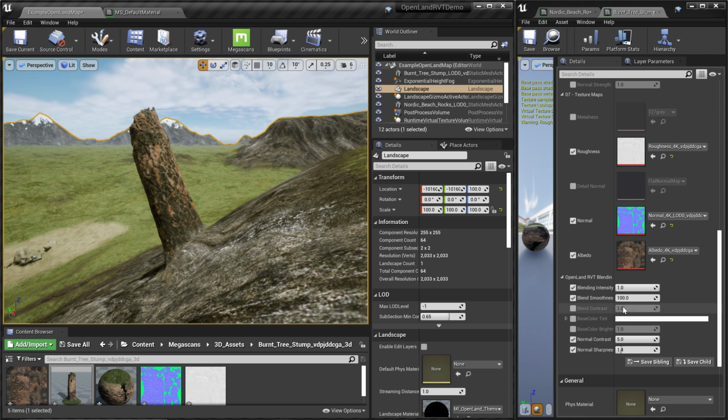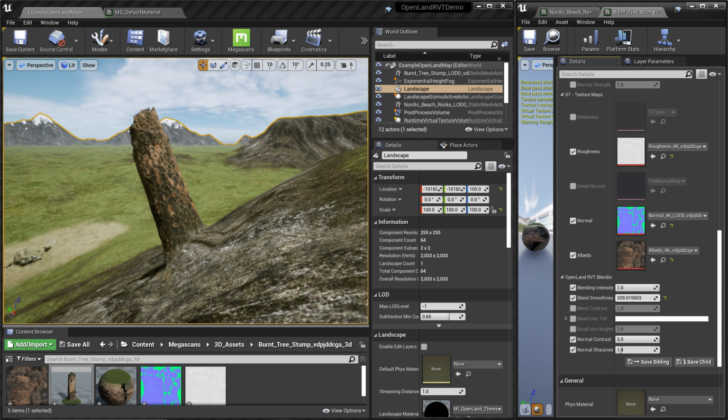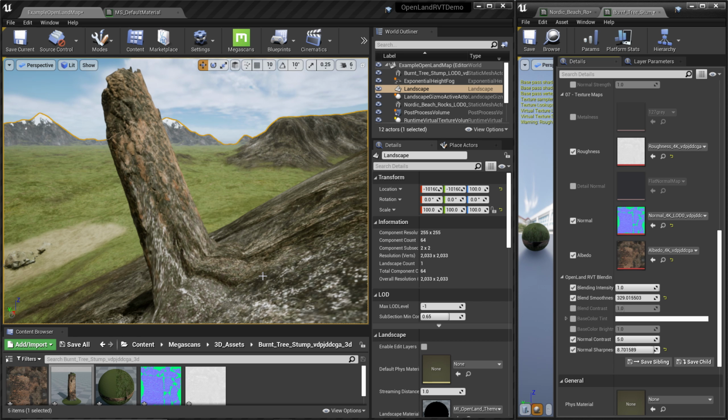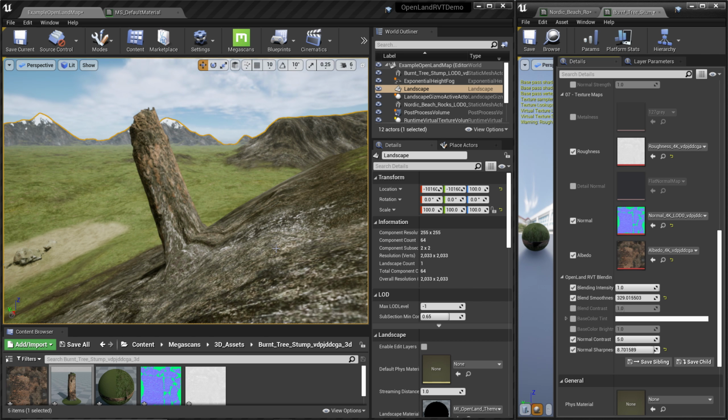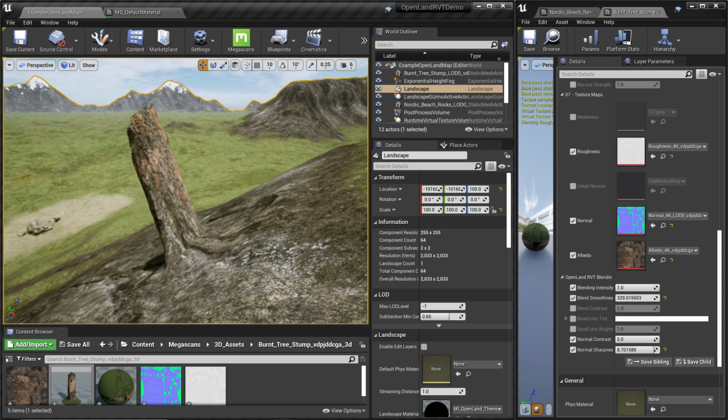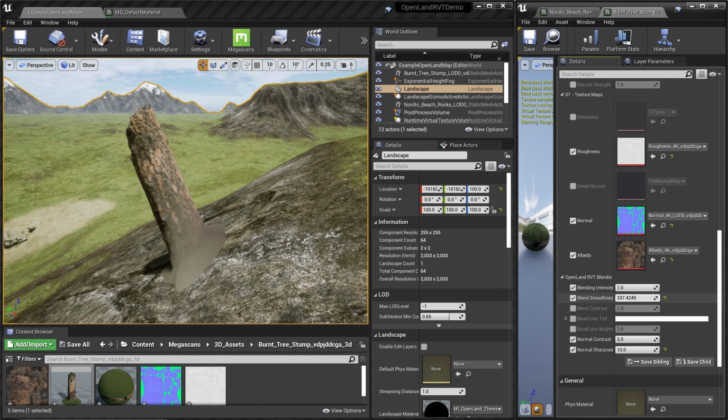So in this case I'm trying to increase my blend smoothness. Basically I need to go higher, but it doesn't seem to have an effect. The reason is that we try not to cover the slope surfaces, but in this case I think that's fine. So I'm going to increase this normal sharpness value. As soon as I increase that, you can see it will try to get some information from the rock surface, this slope surface, into my tree. I can go further like this.